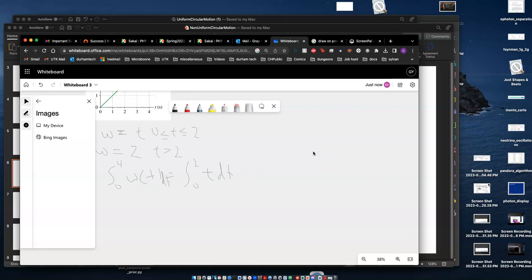hold on, working with my tablet. Alright, plus the integral from 4 to 2 of just 2 dt. Is that right? Hold on. Yeah, that's right. So, solving those,